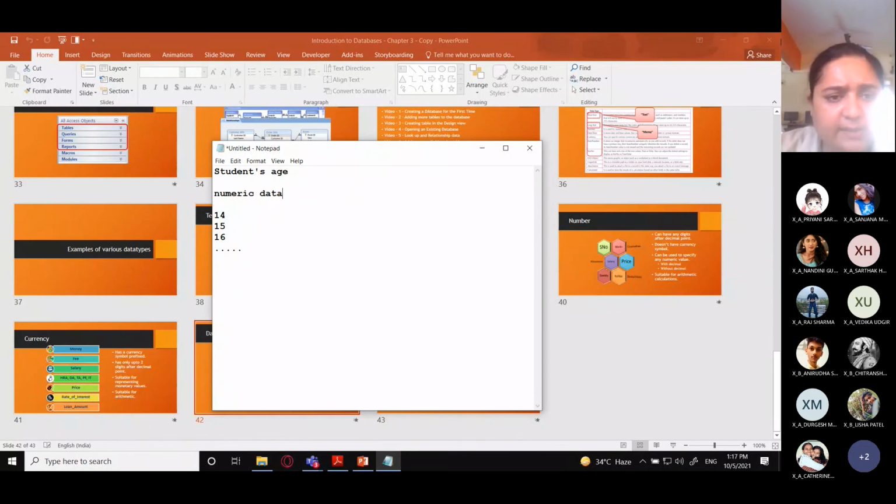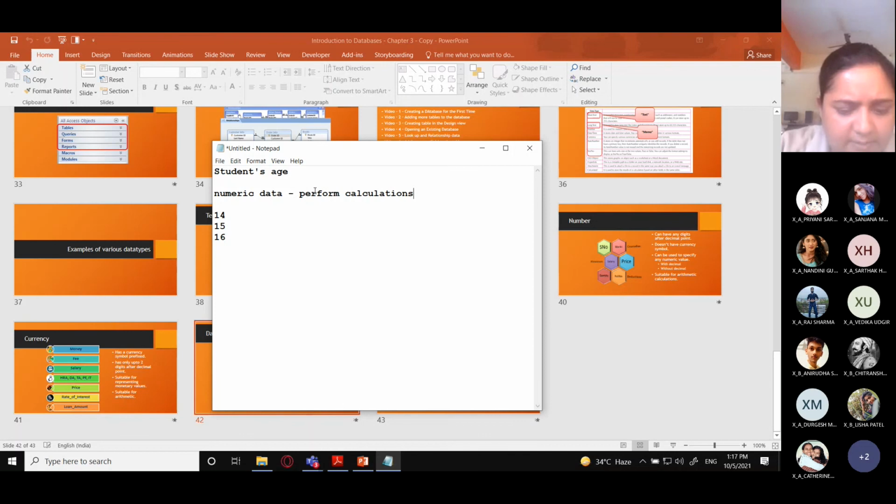Why can't I store it as alphanumeric? Because alphanumeric includes digits also, so I can save it as 1 and 4. The reason is that numeric data is data on which you can perform calculations. You need to perform calculations on data, and for that you need numeric data. And there are various types here.